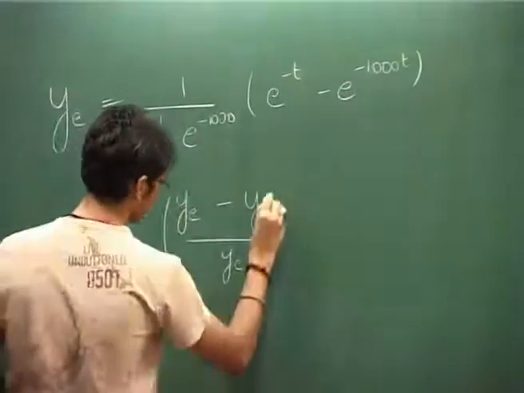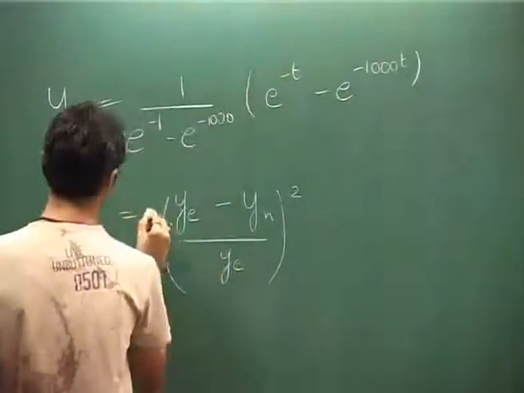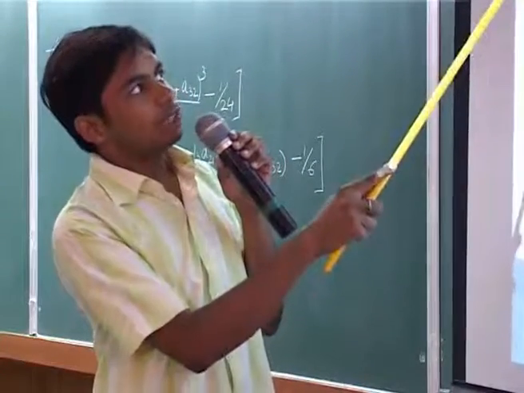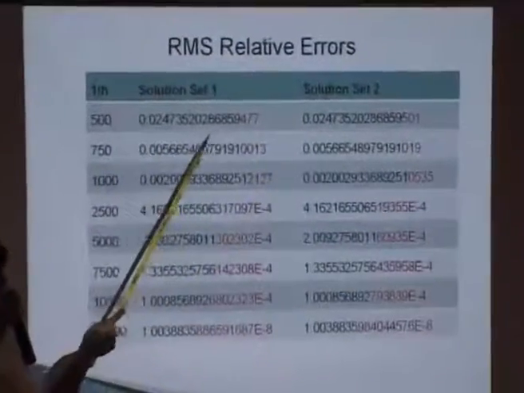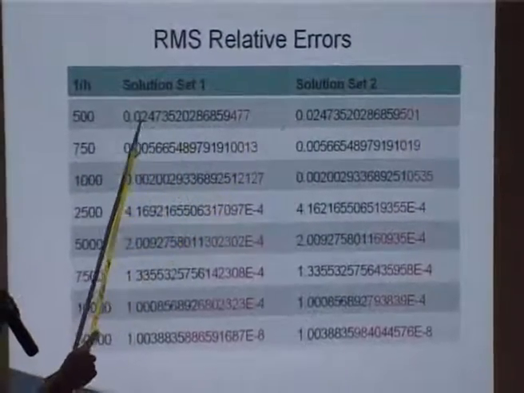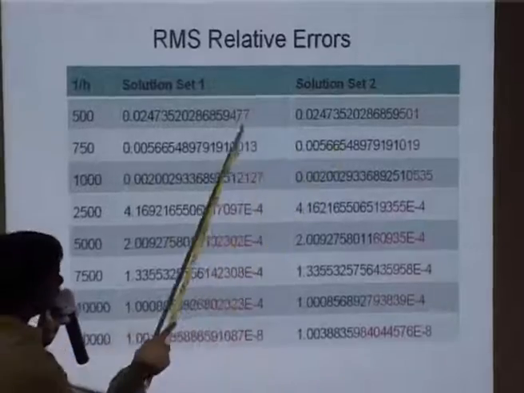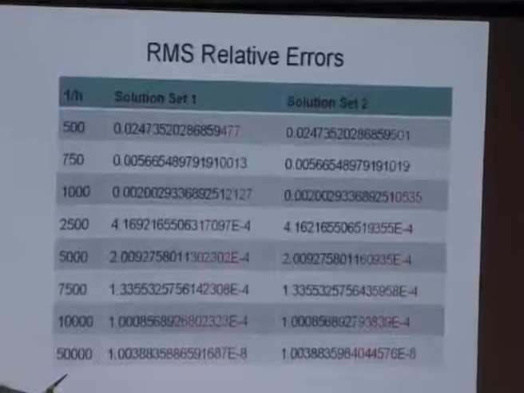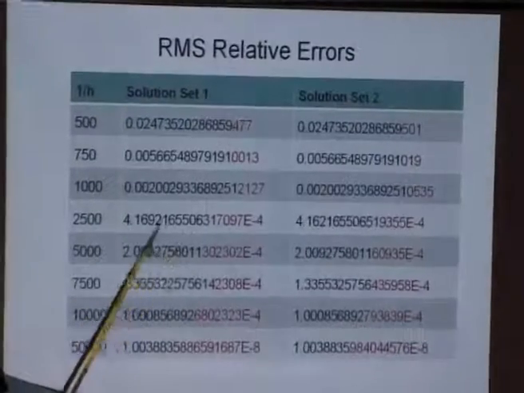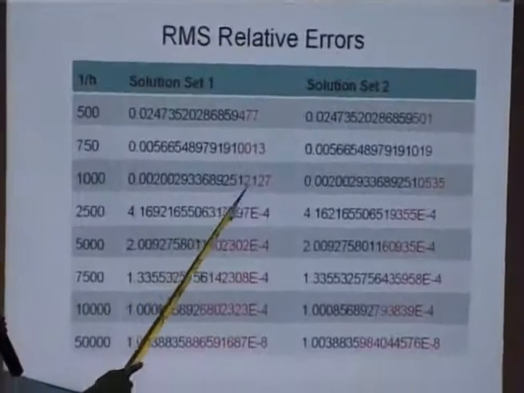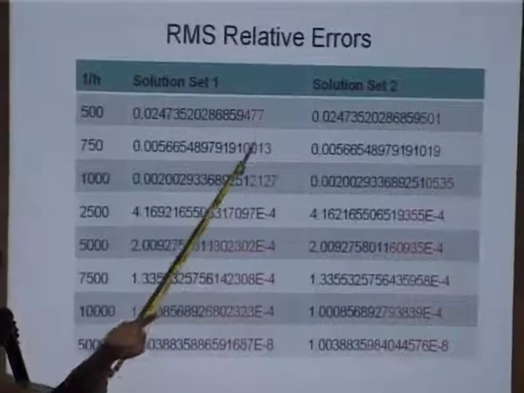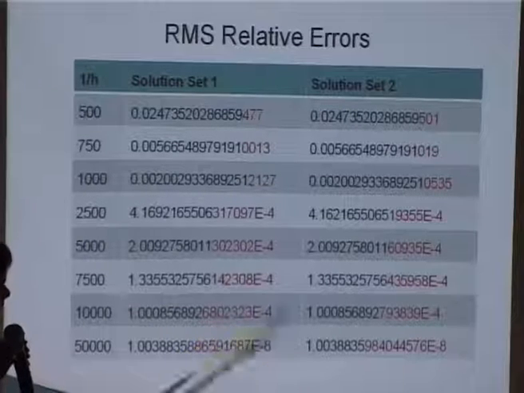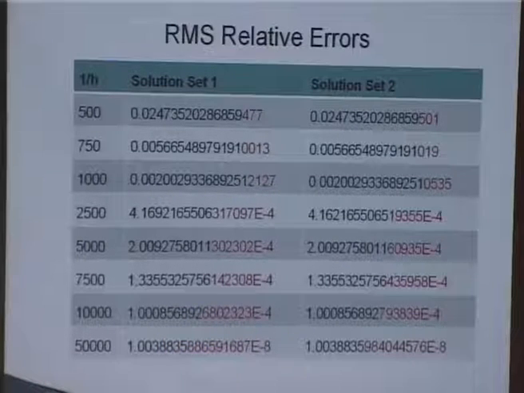So these are the relative errors that we get from solution set 1 and solution set 2. Again, it depends upon the accuracy of the machine that we are using. For h equal to 500 inverse, this was the error for set 1 and set 2. We can see that these figures are the same. What differs is these values. Similarly for the various values of h, these figures are the same, differing only in the last values. And when we look at the order of this error, the difference between the two, it comes out around 10 to the power minus 14 for some and 10 to the power minus 15 for some.